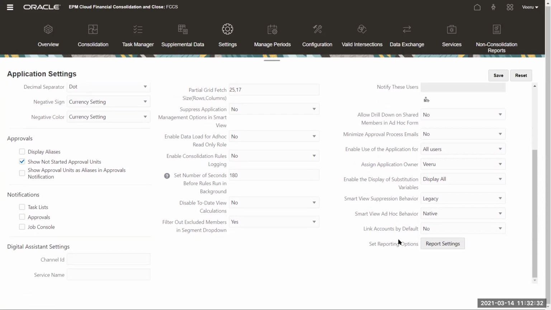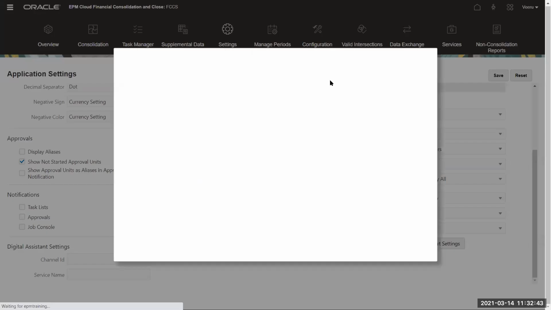And some report settings. If you have your own fonts and you want to use them, then you can go to report settings and enable those fonts. Those things will help you have your own custom font. But we don't use this much. Okay, it's taking some time here.